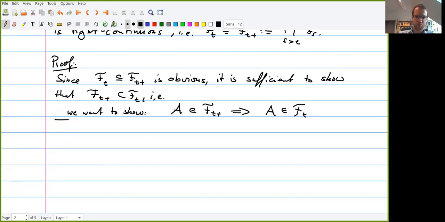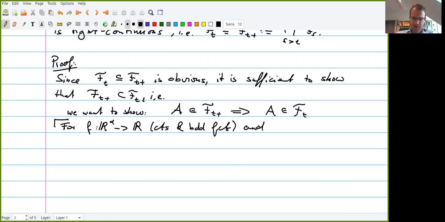This is not so simple. So the first thing I want to show is: if I take a function f, mapping from R^d to R, which is assumed to be a continuous and bounded function, and I take my points t_1, t_2, up to t_d, all included in our interval 0 to T,